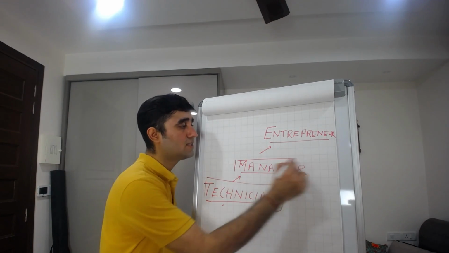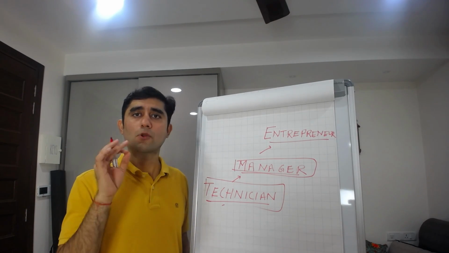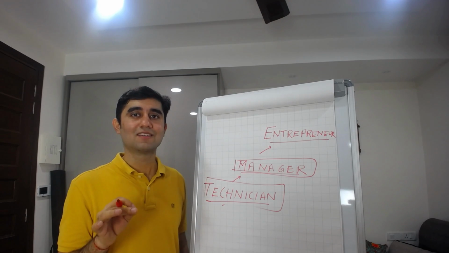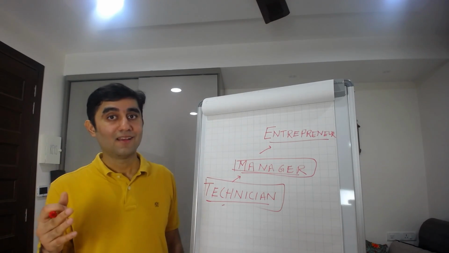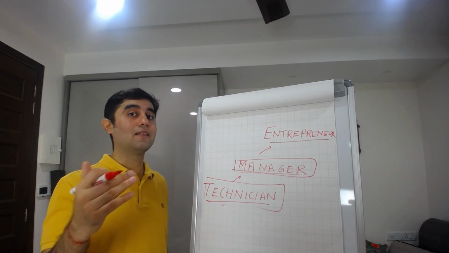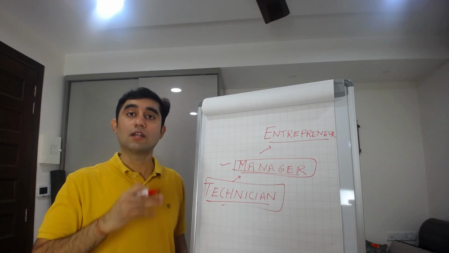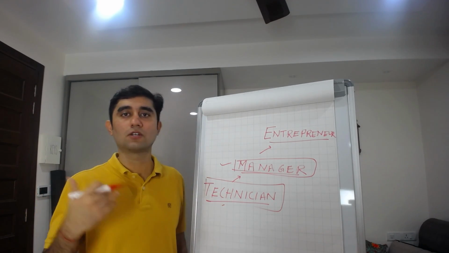Then the next stage is manager. What is the manager stage? Where you have figured out what are the processes which are actually required in your business to automate, so that you can actually manage your team as well, manage your clients, and you can scale. At the manager stage, you start hiring people. You start defining processes, and you start automating each and every process using technology.